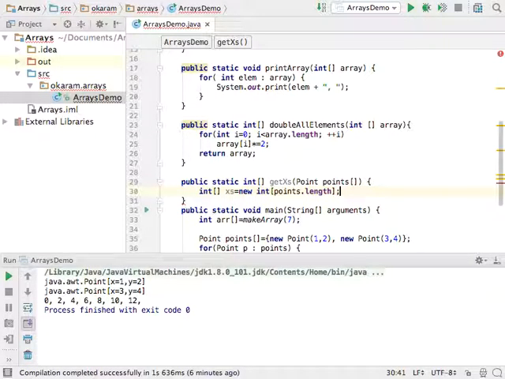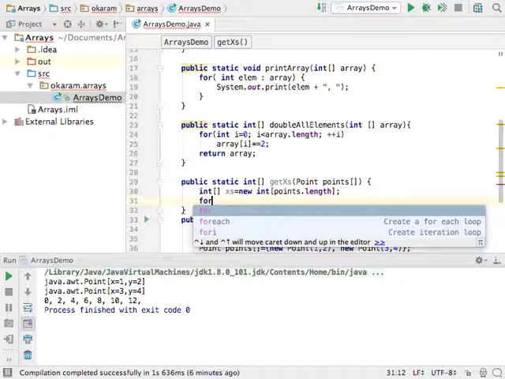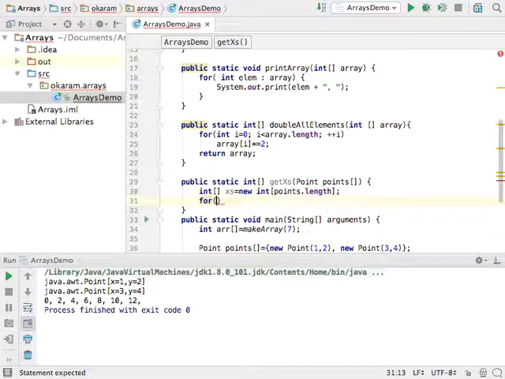If I get past 10 points, then I want 10 x's. If I get past 20 points, then I want 20 x's. So that's points.length, right? So you're telling this new array that its length is going to be based on the other array? Yep. Okay. And then for